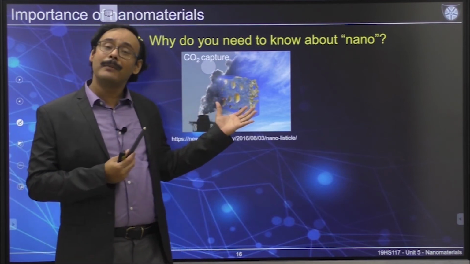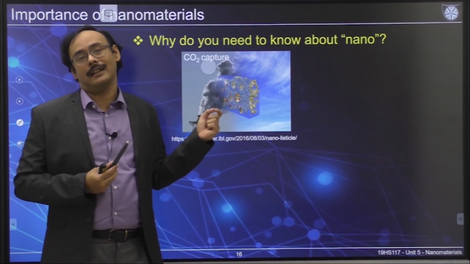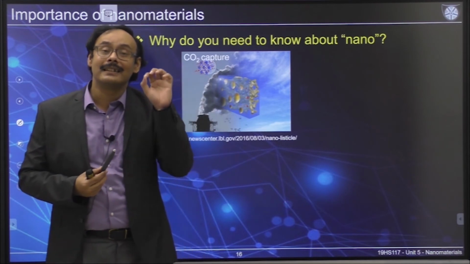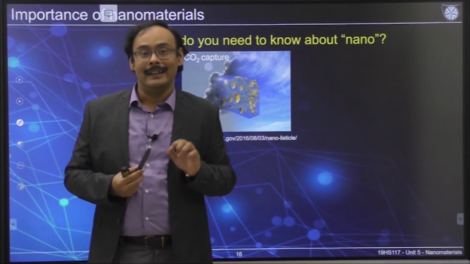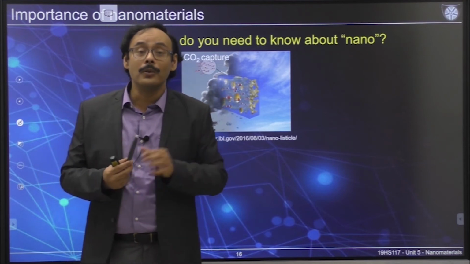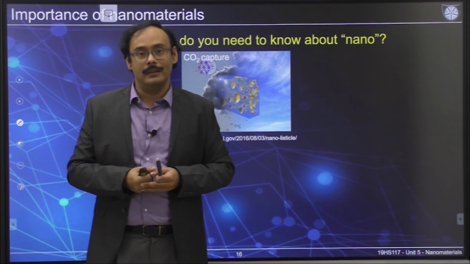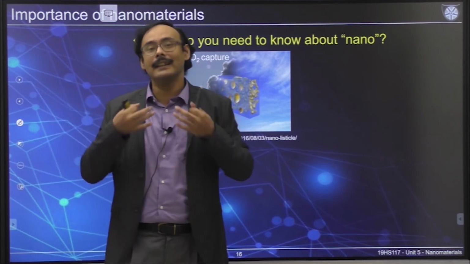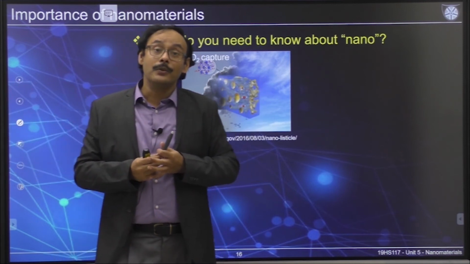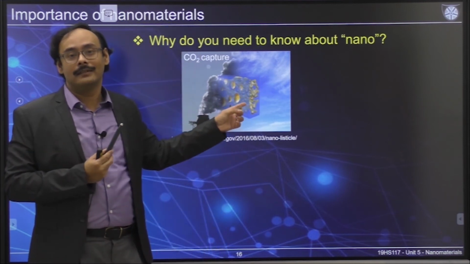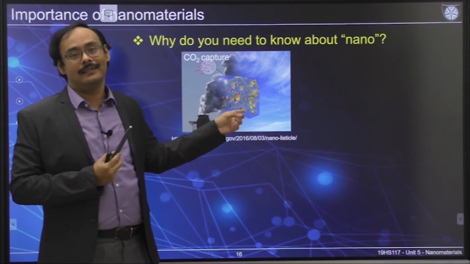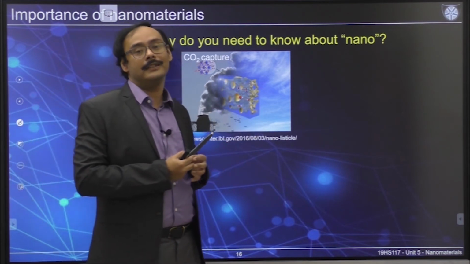When you have this membrane, it can absorb the carbon dioxide. Please keep in mind that this is about selectivity. You don't want all the gases to be absorbed. Carbon dioxide, oxygen, nitrogen, if everything gets absorbed, you will not have oxygen to breathe. You want only the bad ones to be captured. And this particular material does exactly that. And this is also a nanomaterial.